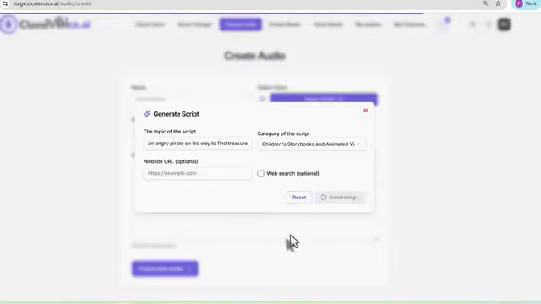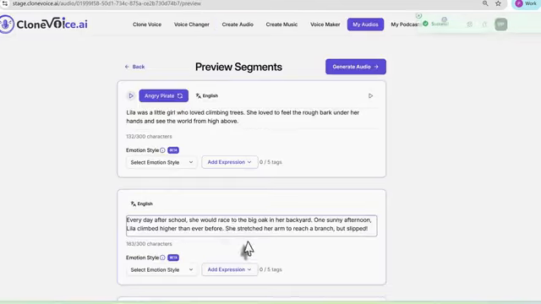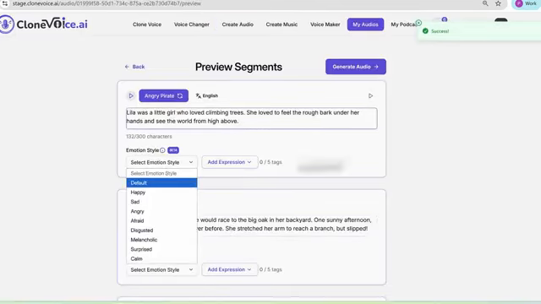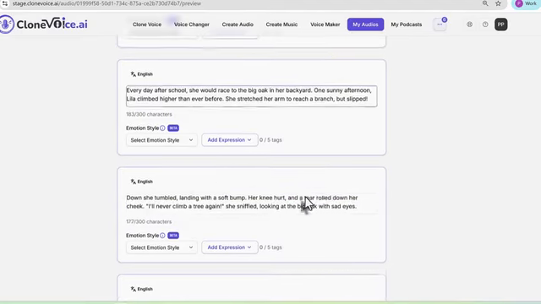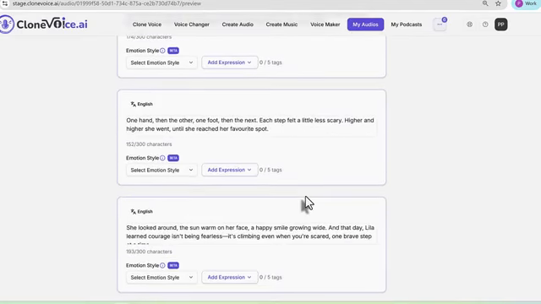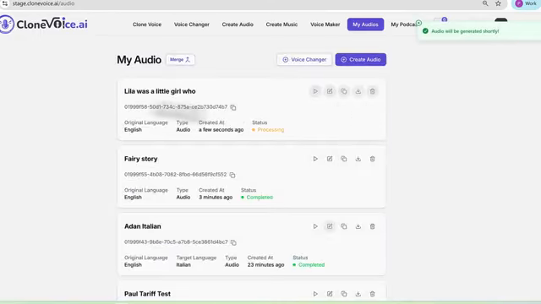Again, same process as you are very familiar with so far, right? Very, very straightforward, very easy to use so far, as you can see. And it allows you to create any type of variations, and you can play around with it. And then again, here we go, click create audio, and then you can add emotions to it if you want to, but since it's already an angry pirate, we want to make sure that we keep it as is, okay? And then you can generate the video, right?